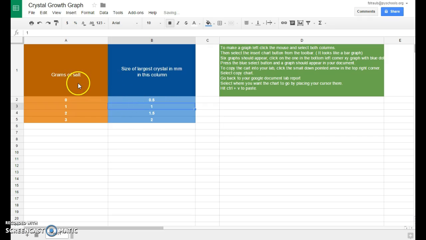And then to actually generate your graph, it's fairly easy. You're going to take your mouse, click on the top left box, highlight that, and then drag it down across the entire thing, and you'll see it goes to that light blue color. Once you've done that, you'll see the box appears around the columns. You're going to come up and hit the graphing button. It says Insert Chart here. You'll click Insert Chart,